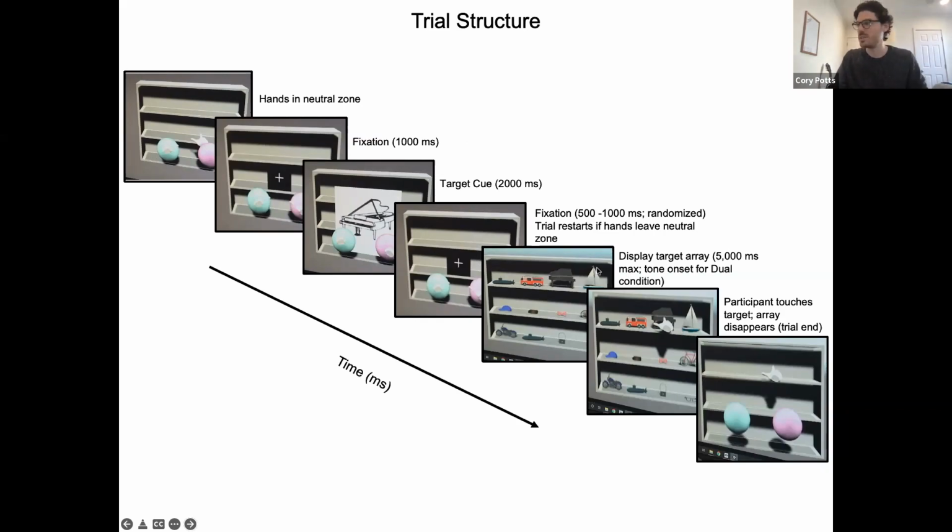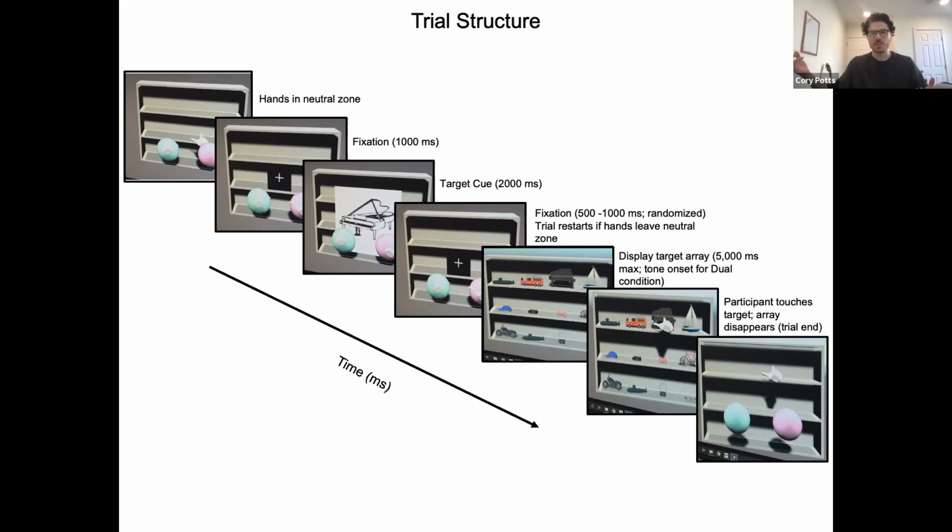So the target array that you're seeing here would correspond to the basic condition. The reason for that is because you're seeing a mix of like vehicles and household objects, okay? So if it were the hard condition instead, it would all be from the same category. So maybe all of it would be household objects instead. So the piano is right here. And the participant at this point could reach out using the hand of their choice, either right or left, to contact the target item. Then it would disappear. They would see the empty shelf again, return their hands to the neutral positions, and the trial would start over again. Okay? Or they would progress to the next trial.